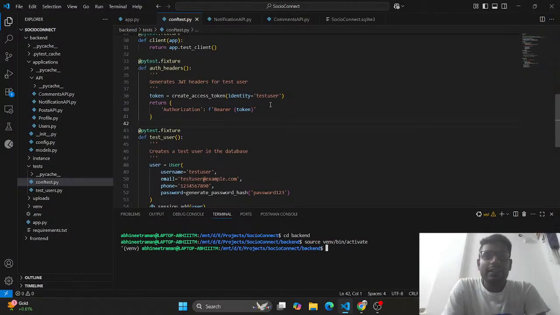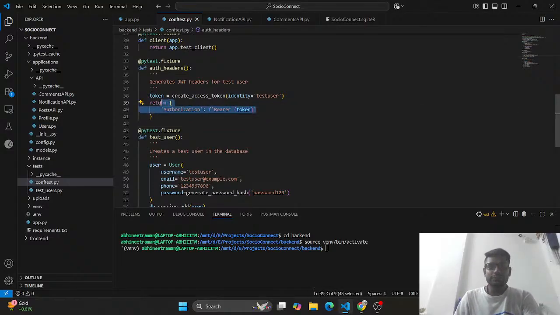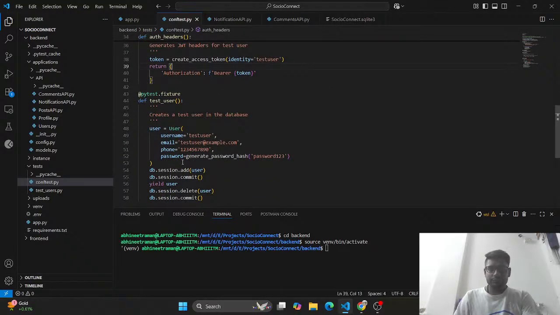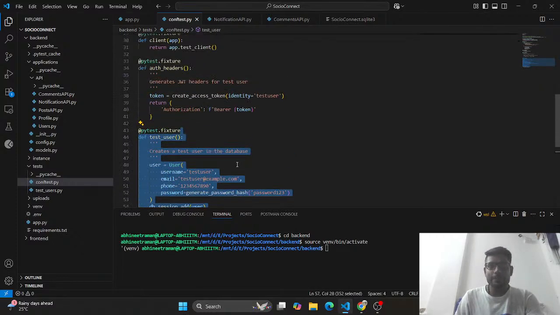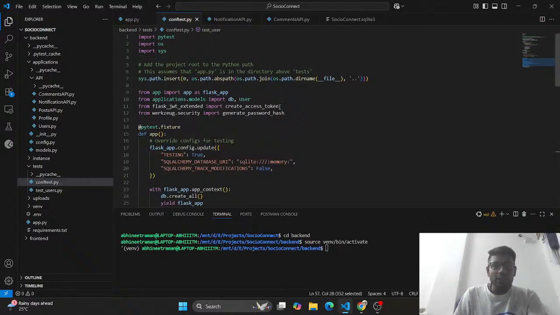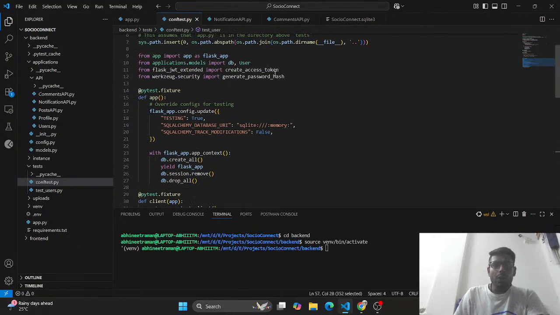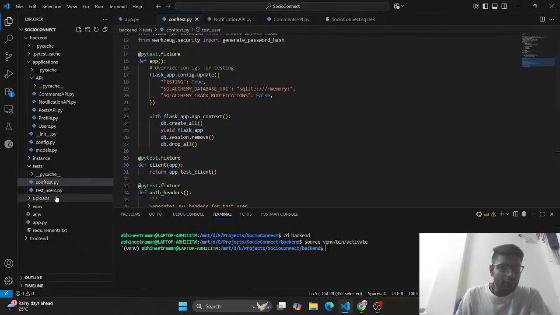So in the code part, now in profile we know we require some headers. So to add that, again we will set up the PyTest, and we create some tokens using this method def auth headers, and we generate the token for this user. But this user doesn't exist. So we set up one user here in the test user, and again it is added in the configuration of the PyTest. So now after adding all of those things, we will do a testing of this